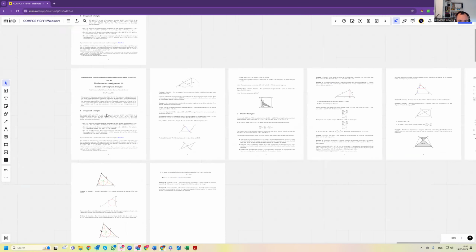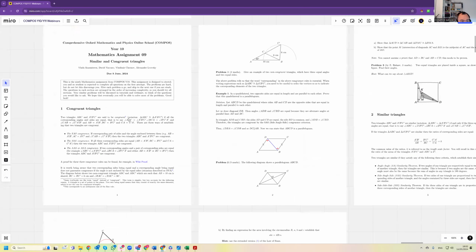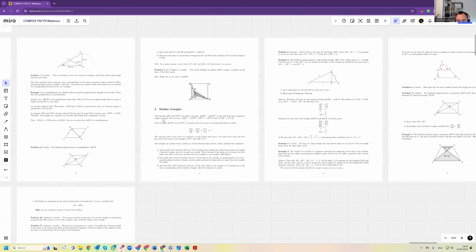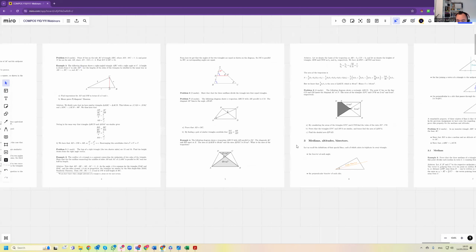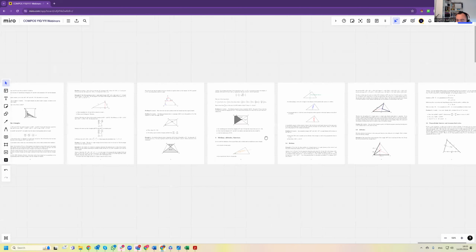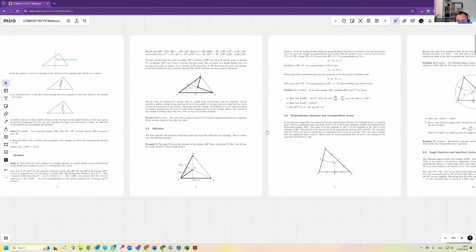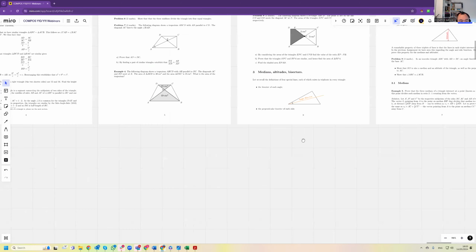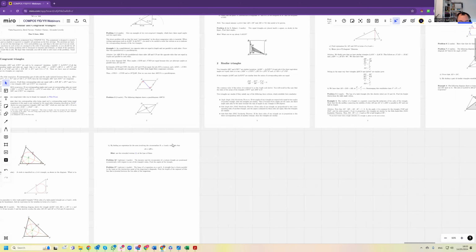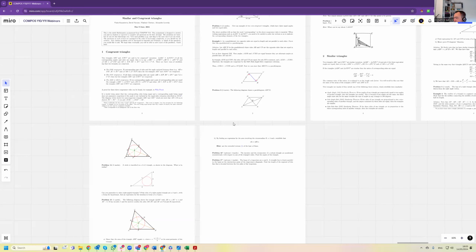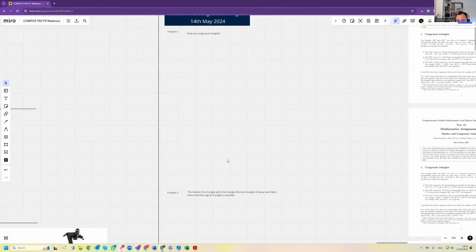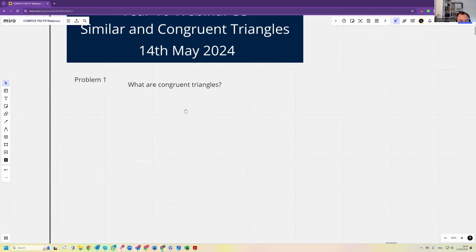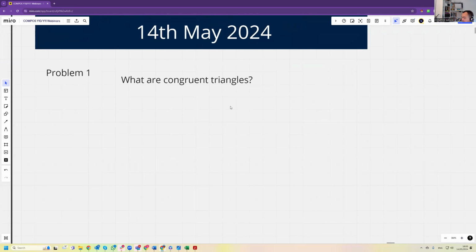So here's the assignment. We talk about congruent triangles, talk about similar triangles. We're talking about medians, altitudes, and bisectors. Circumscribed circles and inscribed circles. Okay, so basically the standard stuff. So let's start easy. So what are congruent triangles? Congruent triangles are triangles which,